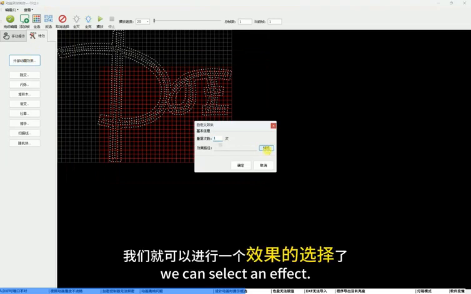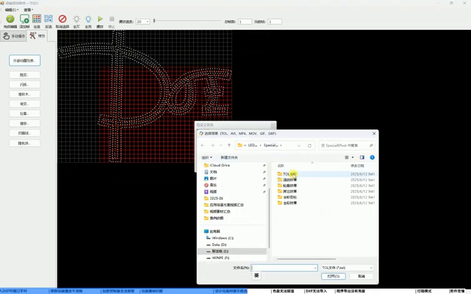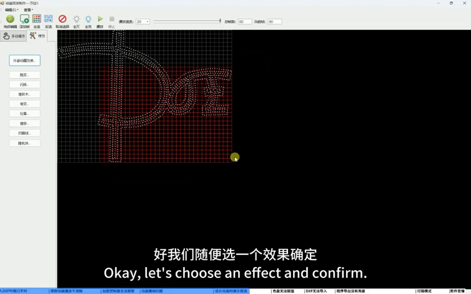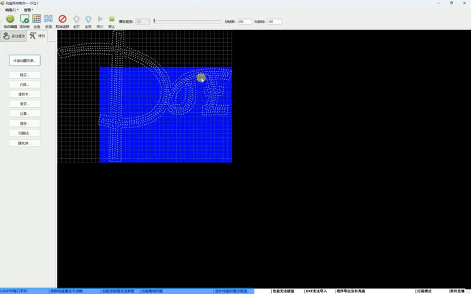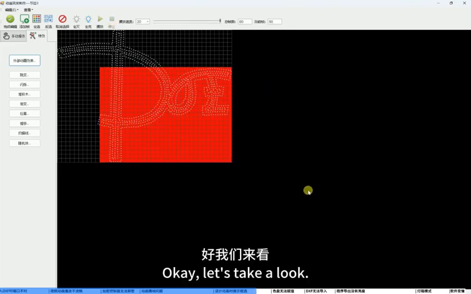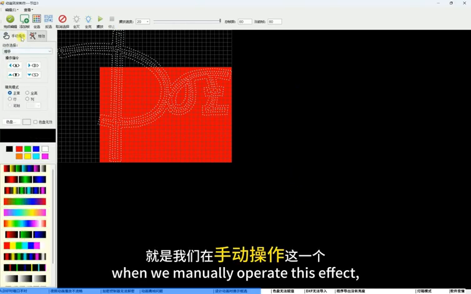At this time, we can select an effect. Okay, let's choose an effect and confirm. Then it has already created a change effect. Okay, let's take a look. The seventh question. When we manually operate this effect,